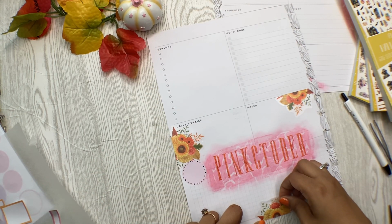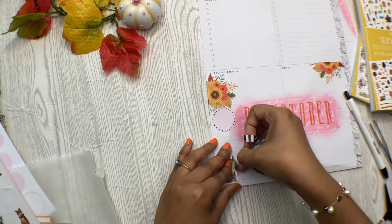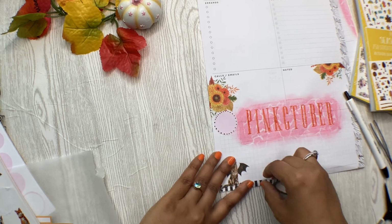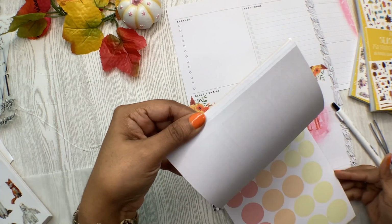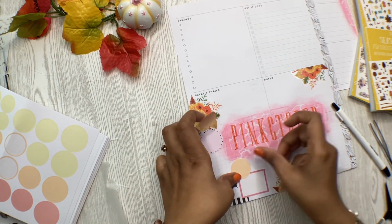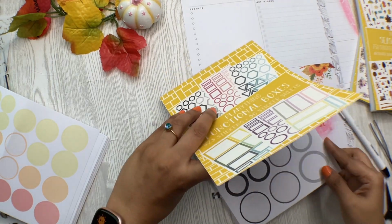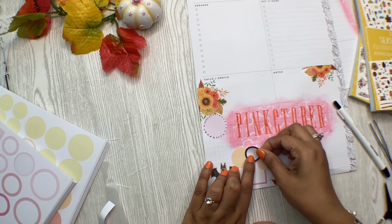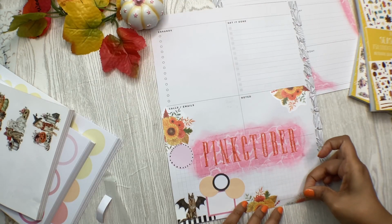So just working with the scraps and bringing in another guy, and that guy needs a washi at the bottom to sit on. So there we go. And just a tiny touch, and more boxes coming and more functional. Those would be for my priorities. And yes, so a couple of more pastel boxes, and again we'll go ahead and top it with a black box so that everything just pops, and there is one more space for functional things. And also we will bring in a couple of costumed guys on the other side,